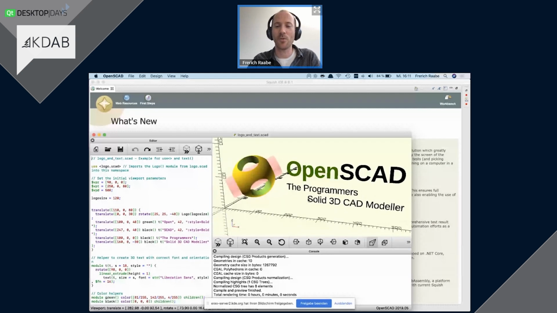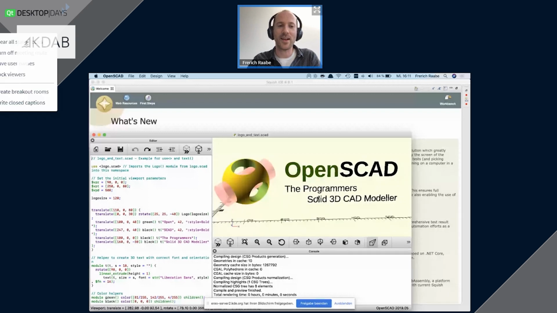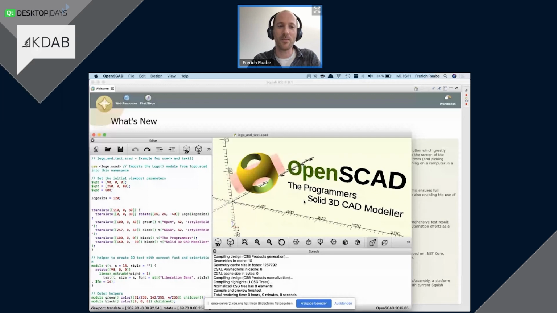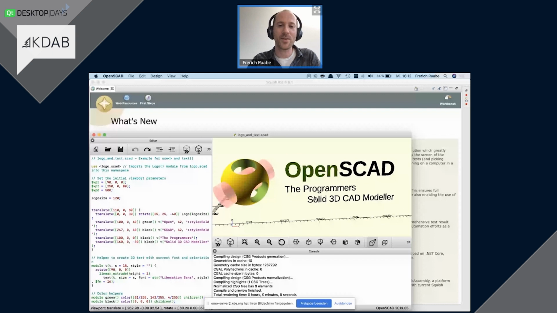You can rotate it as you want. And on the left-hand side, you can see code written in a proprietary language, which describes the scene to be rendered. Finally, in the bottom right corner, you can see a console window, which displays messages which are generated while rendering the scene. So I can now go ahead and change this document too.